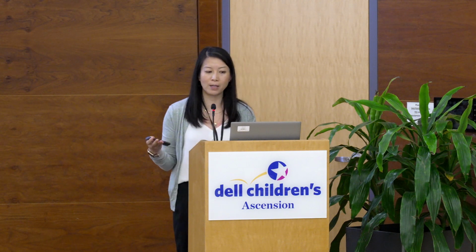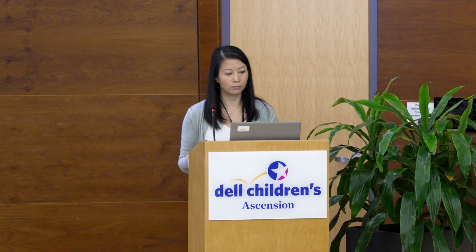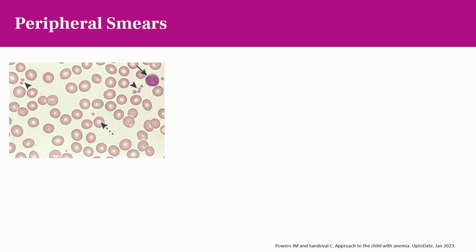And of course, a peripheral smear can give you globally all the morphology of all the cells, which is super valuable. I wouldn't be a hematologist if I didn't force you all to look at some peripheral smears this morning. So this is your normal, beautiful peripheral smear. Shown here, you have a normochromic, normocytic red cell, normal platelets, normal